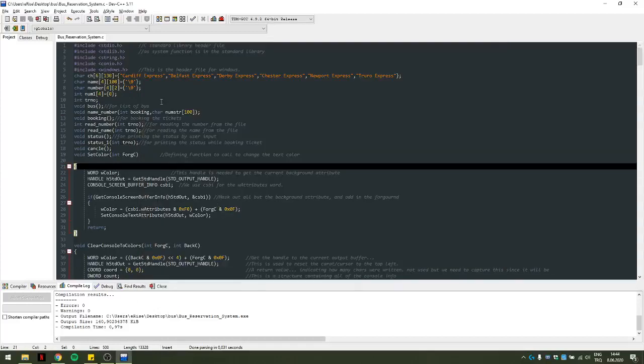Hello, I'm gonna explain about my project. It's called Bus Reservation System. I wrote this in Dev-C++ version 5.11. So I'm gonna explain line by line. From the first to the fifth line is about importing libraries,